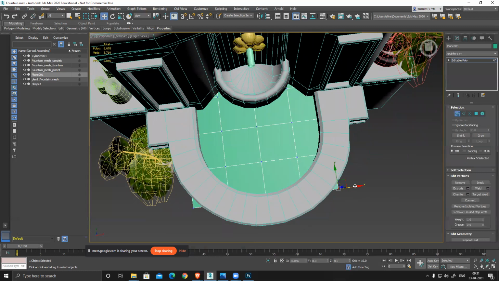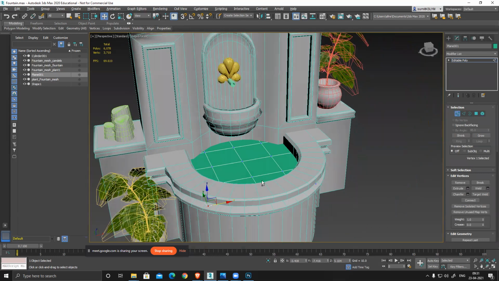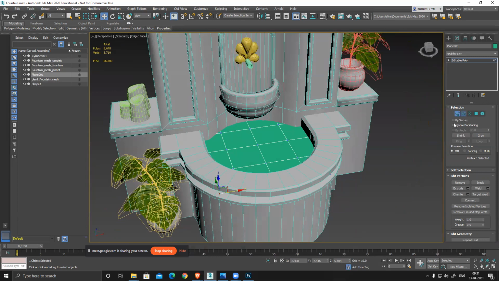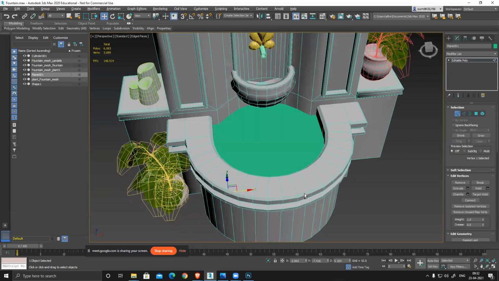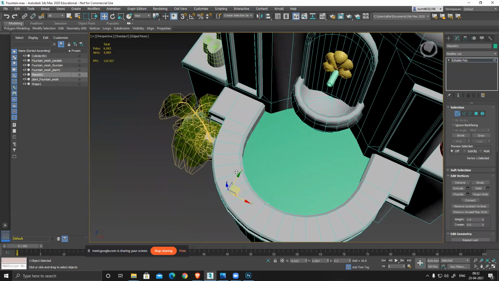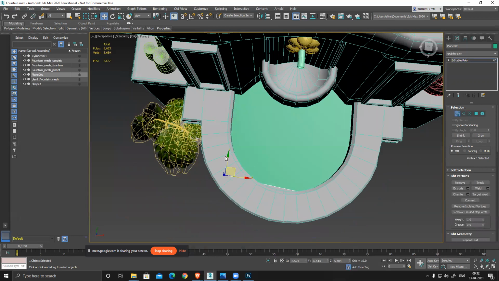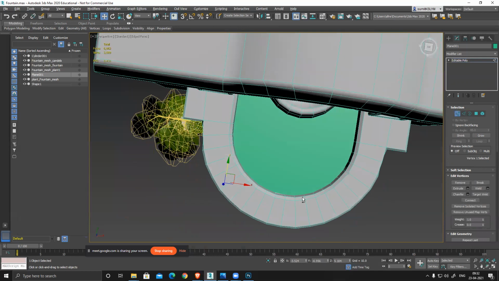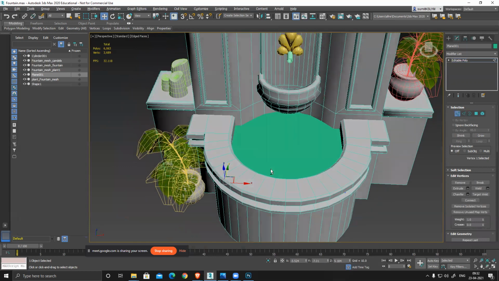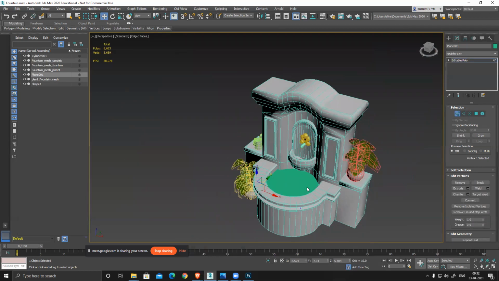So anyways, I created this thing, fix everything, edge, delete, delete. This is also not required. Push it inside. Only thing, make sure there are no gaps or anything visible. See, slightly move up. So it covers the entire section.